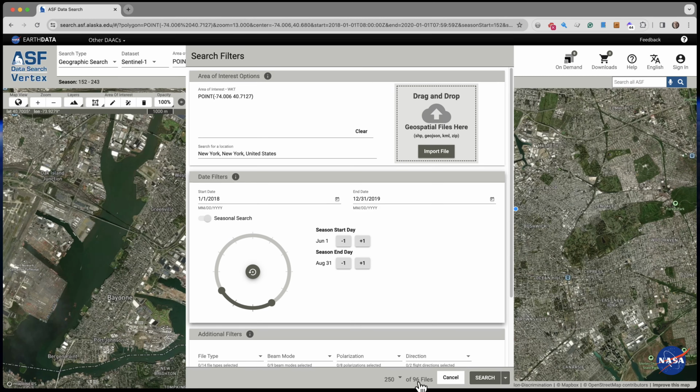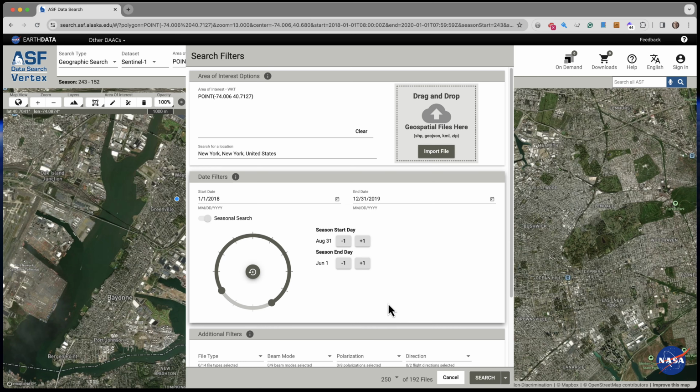Now you're down to 96 files. If you want everything except those 3 months, you can click this and we're going to swap that and say, okay, you want everything except August through June. And so now you're at 192 files.